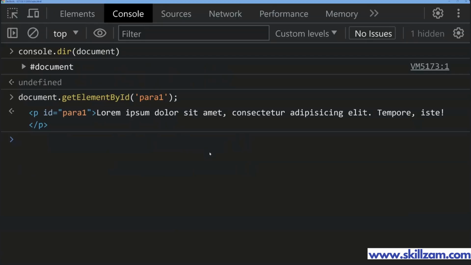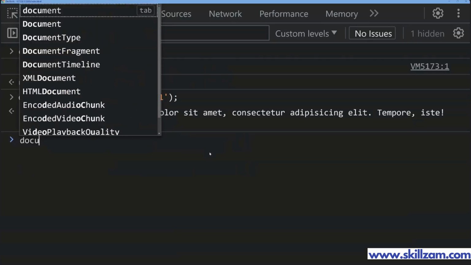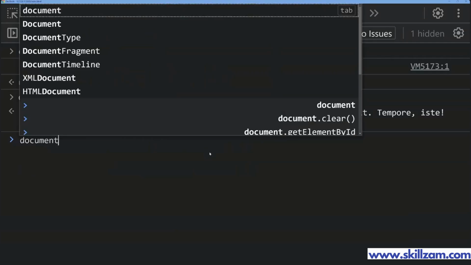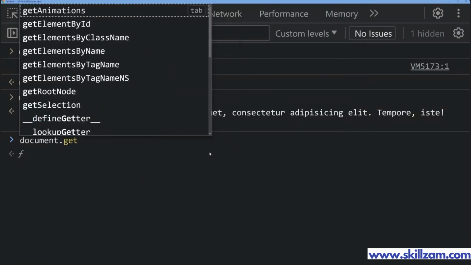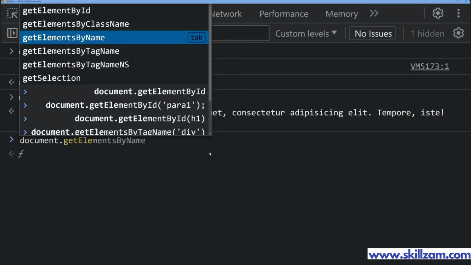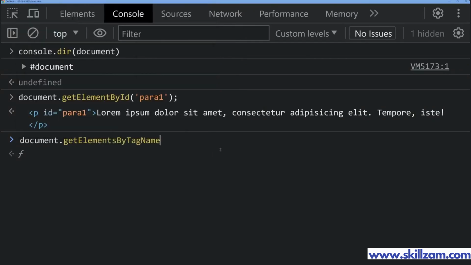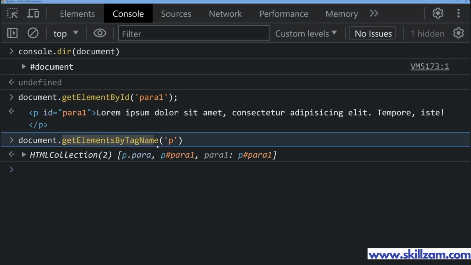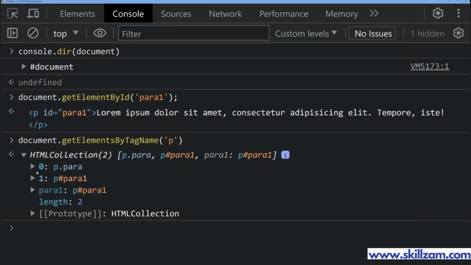So what you can say is document.getElementsByTagName. You can go ahead and give the tag name. Tag name is nothing but your element name, whatever the element is. Let's say I want to talk about paragraphs. Let's say para is an element. So what this method will return is an HTML collection. HTML collection is nothing but an array. An array that contains what? It contains now